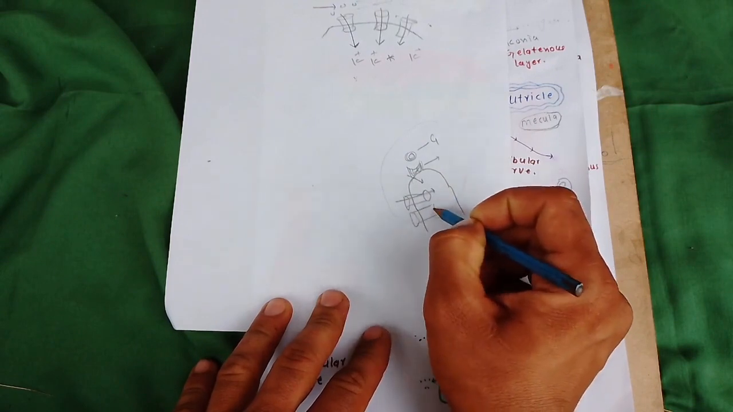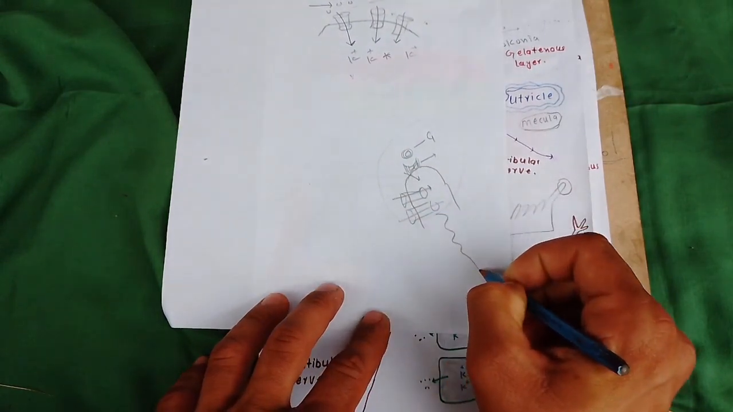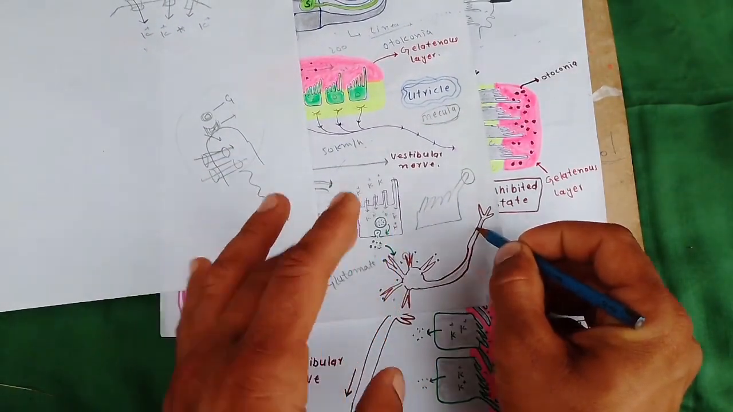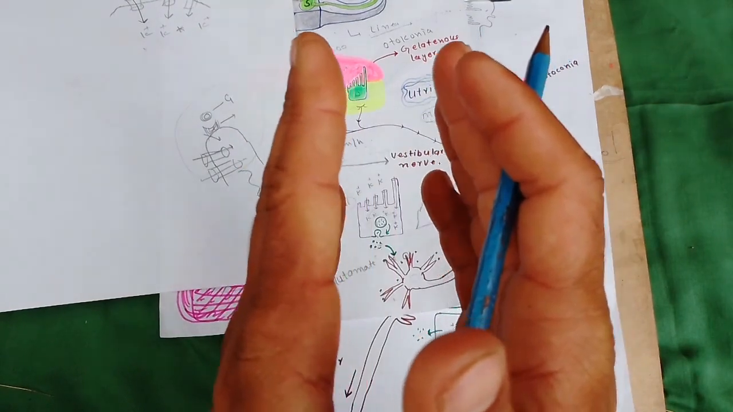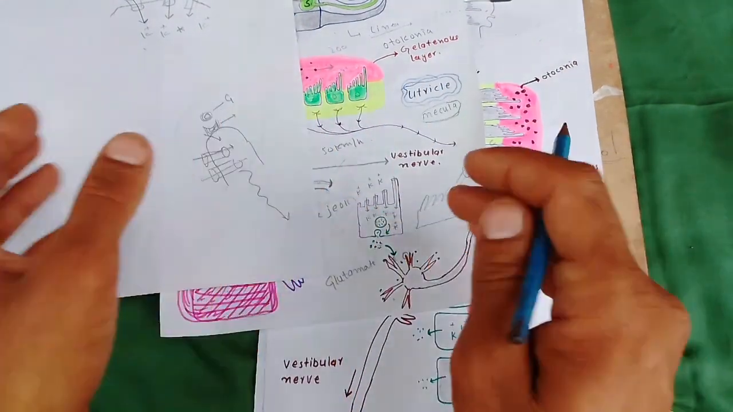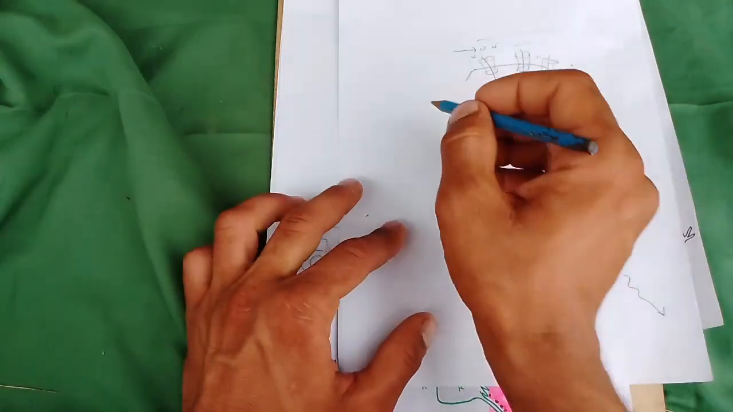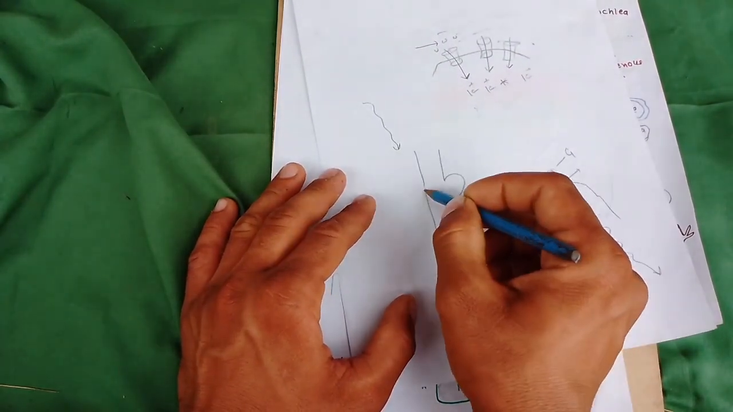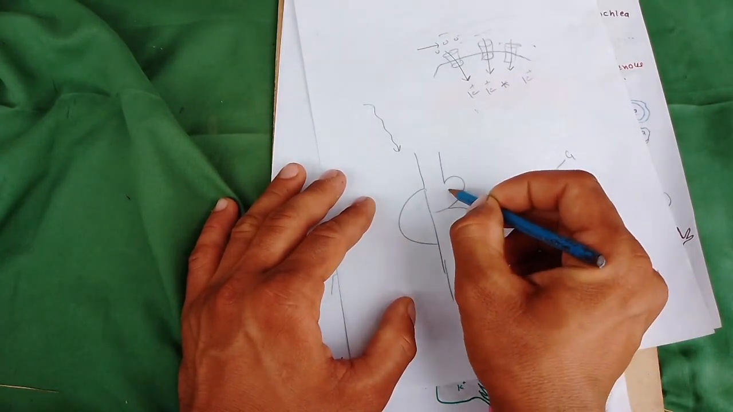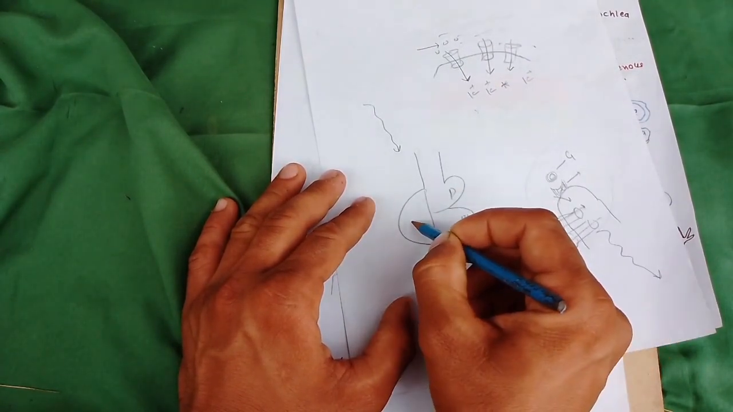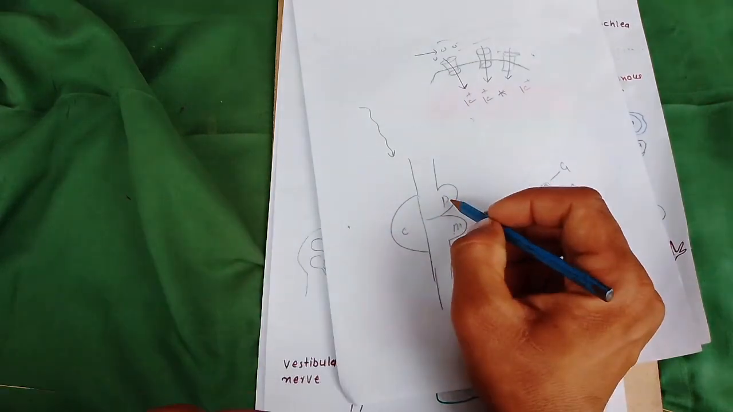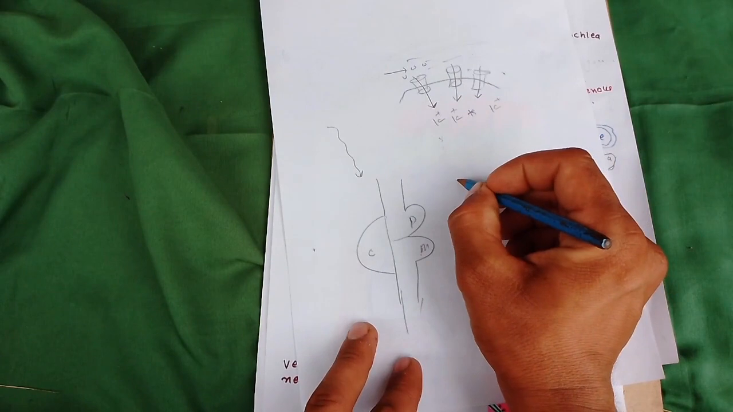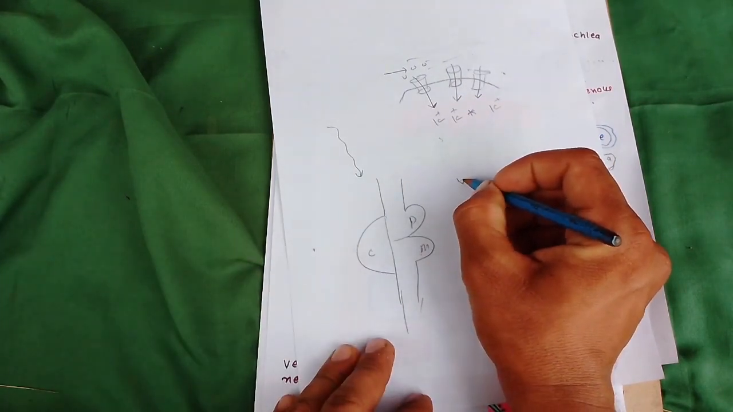Sodium goes inward, potassium goes outward through other channels, and an action potential is produced here. The action potential reaches the vestibular nuclei in the pons and the medulla oblongata. So when the action potential reaches the pons, medulla, and cerebellum, the pons and medulla consist of special nuclei